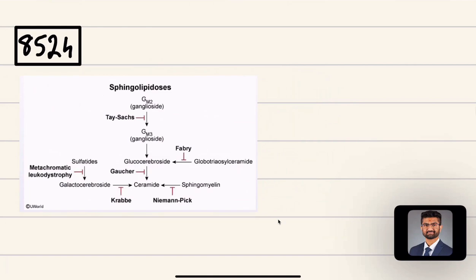All right. Her parents have noticed that she startles easily at loud noises. All right. So some developmental issues that we're seeing. Head circumference is large. It's macrocephaly. Bilateral